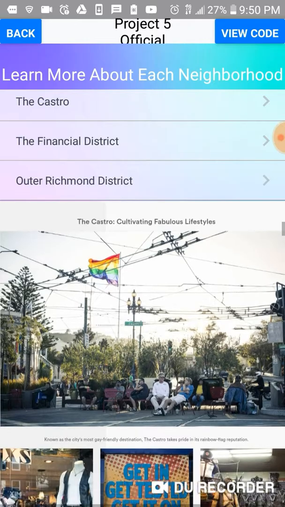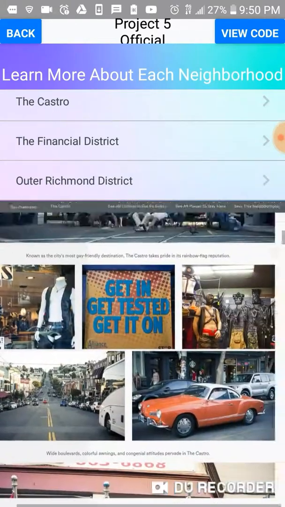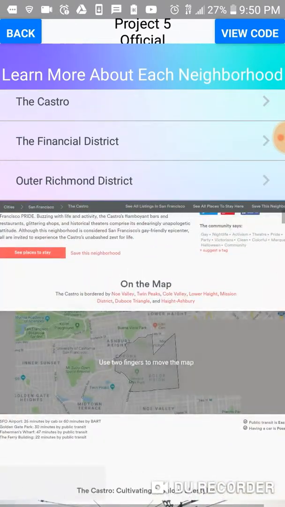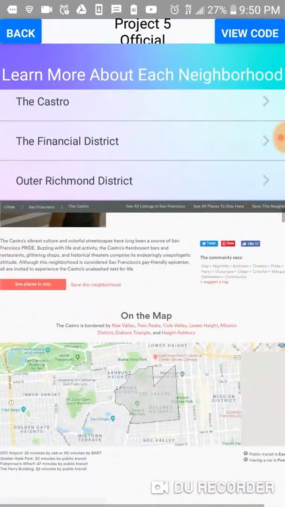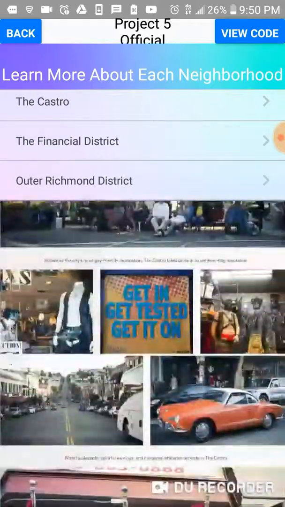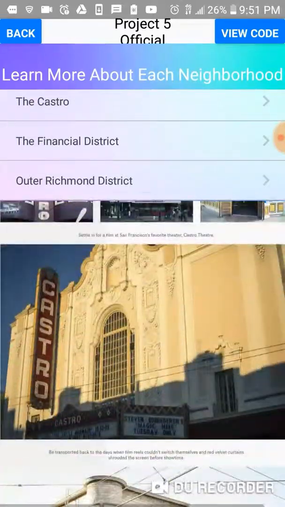Okay. So for the Castro, it has a bunch of different pictures and a map location, and generally a pretty good description up here. And then it even has a picture